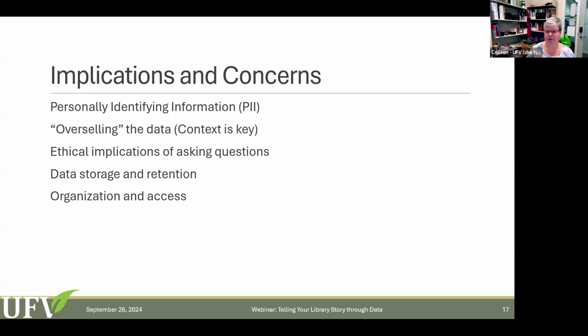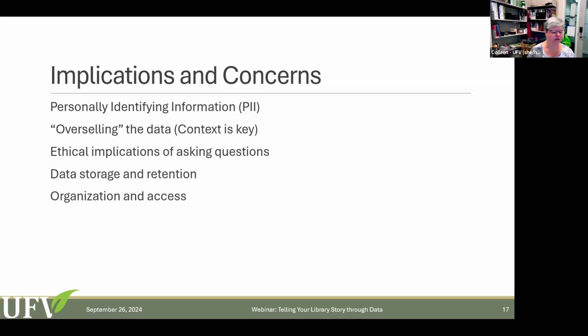So either remove it or anonymize it in some way. So if you're using student ID numbers, for example, you would come up with a way to change those ID numbers so that on both sides of the data join they're the same, but you can no longer tie it back to that individual student.